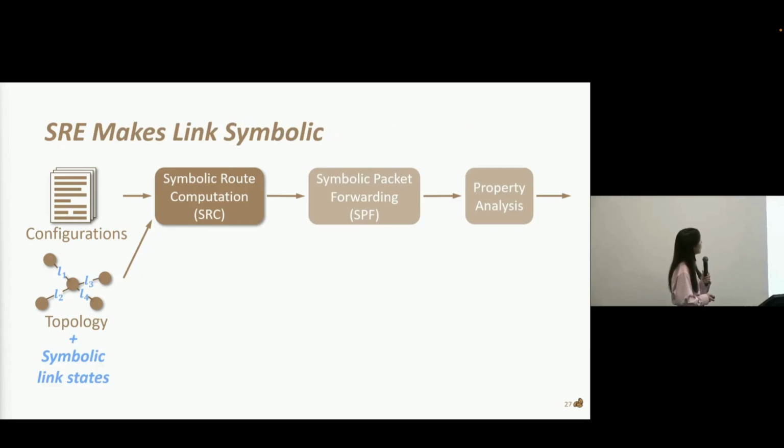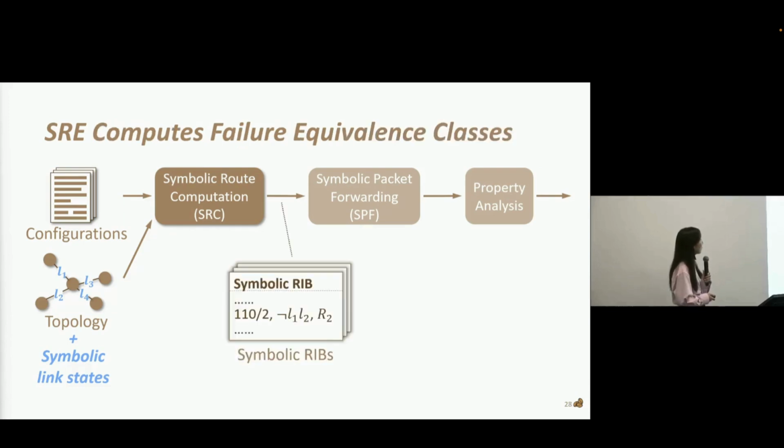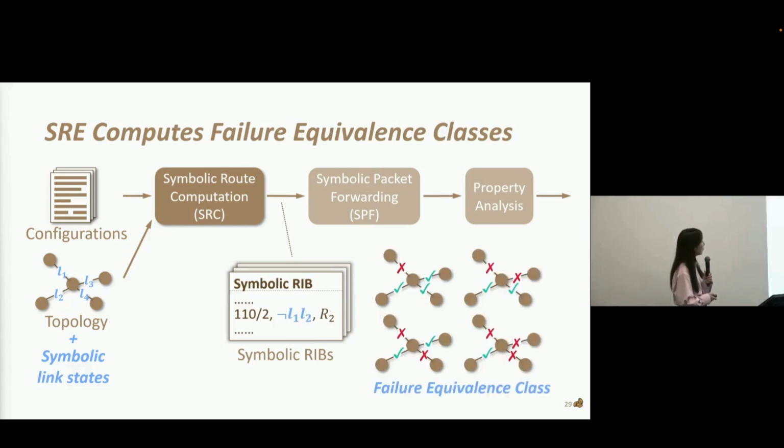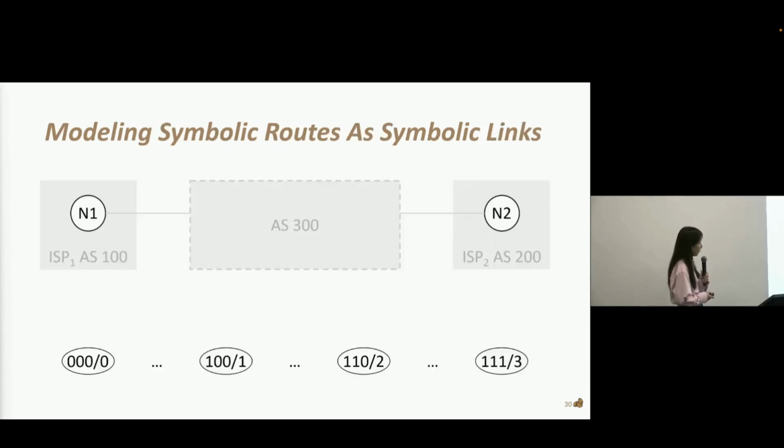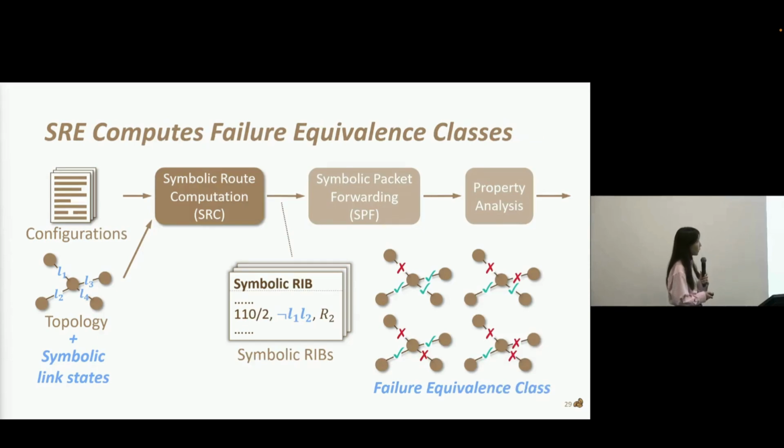During symbolic route computation, SRE symbolizes the up or down states of each link and then computes a symbolic RIB, which contains failure equivalence classes. For example, NAC L1, L2 is a failure equivalence class that contains 4 failure scenarios. And for Expresso, we aim to symbolize the external routes and then compute symbolic RIBs that contain prefix and advertiser